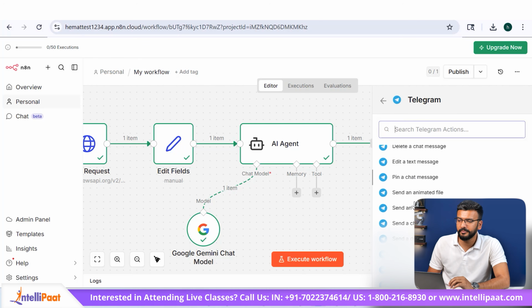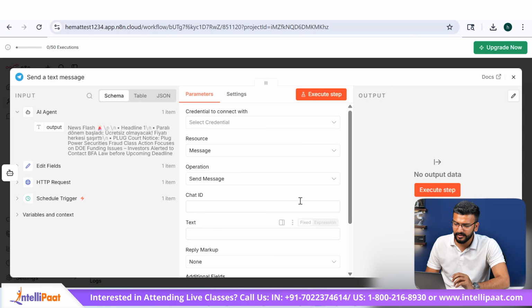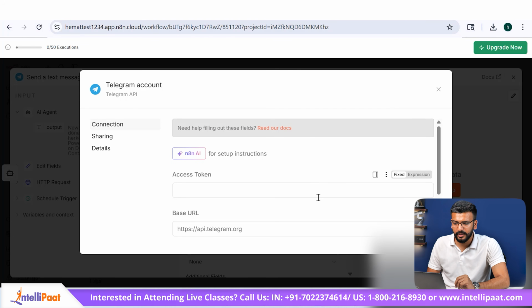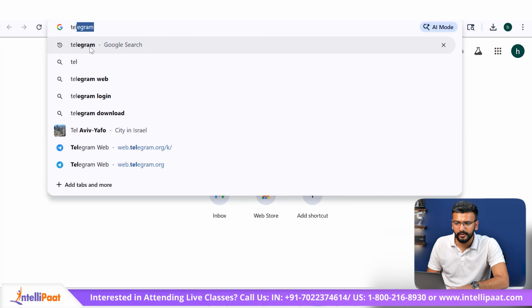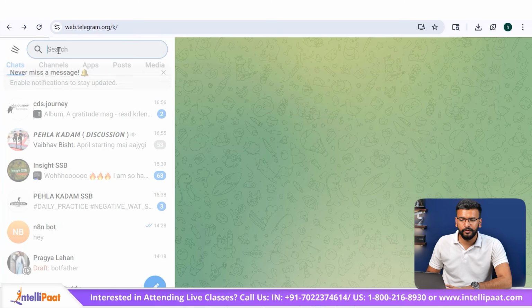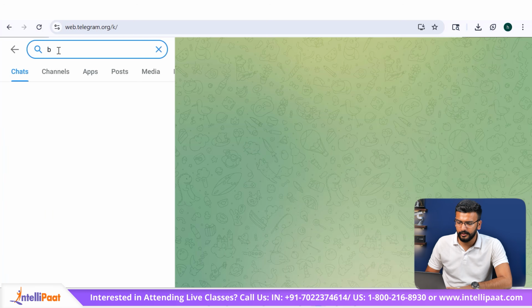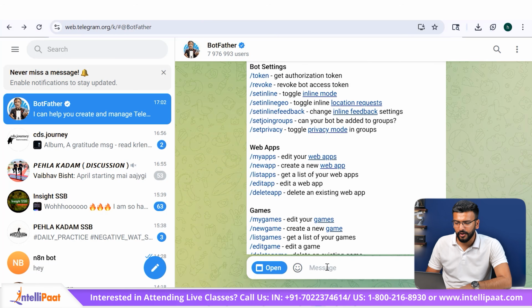So search for Telegram node and select send text message, and here we have to give some credentials. So click on new credential. So here we need to put the access token. For the access token, we'll go and search for Telegram in a new tab. The moment you hit Telegram, first search for BotFather, and at the end go for start, then go for new bot,